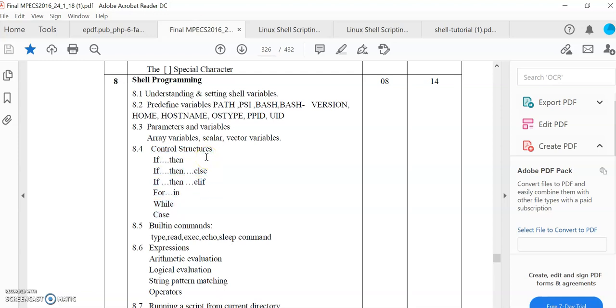Another example that we can give: you are executing different commands right now, for example the ls command. When you execute the ls command, all the files from the current directory get listed. So how exactly do all these files get listed? Because at the back end, from the shell, there is one bin directory, and in that bin directory all these binary files, executable files, are stored. These executable files are the shell script files.